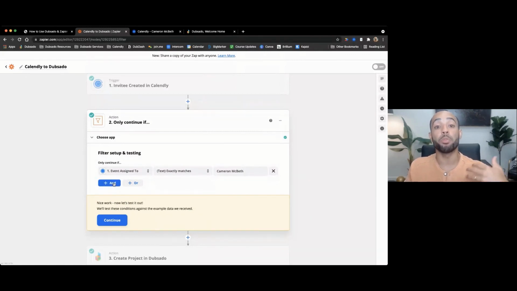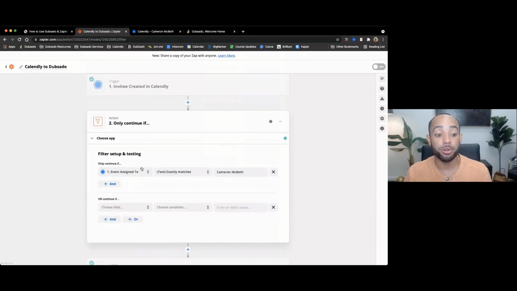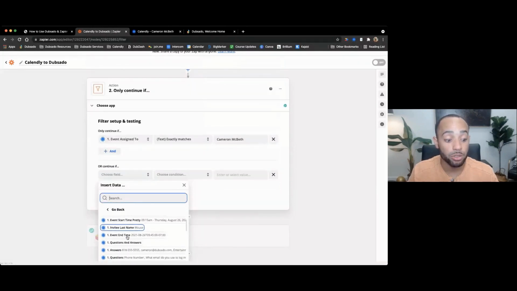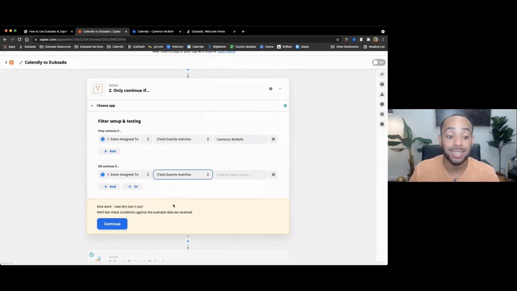You can also build more filters. So you could say the event is assigned to me and something else. So you can build in multiple conditions if you want to, or you could do event is this, or it's this. So let's say, for example, that I only want this Zap to go through if it matches either me or another team member. So I could say if the event is assigned to me, or the event is assigned to exactly matches